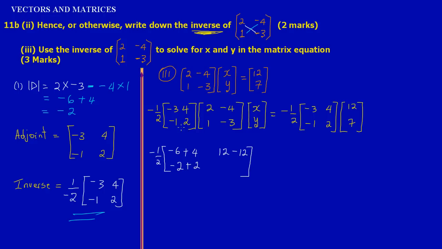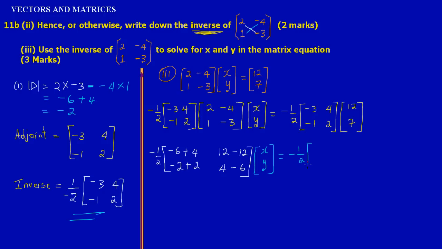and then -1 times -4, that will give me a +4, and 2 times negative 3, that will give me a negative 6. All right, my friends, and we're simply multiplying that by our xy. So we'll have our xy here, and that is equal to, let's put back the negative half, and